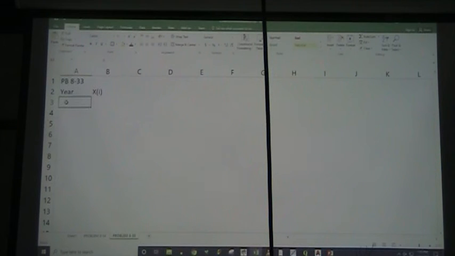The Bureau of Meteorology of the Australian government provided the mean annual rainfall in millimeters in Australia from 1983 to 2002 as follows. All right, so 1983, 1984,